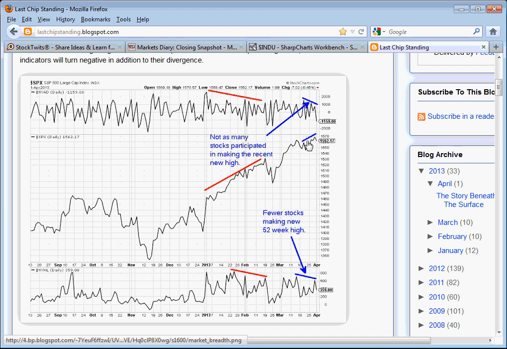That's making a new high. The advance decline is actually showing a contraction. The number of advancing issues over the number of declining issues is getting smaller and smaller, so you get this negative divergence here. And also the new 52-week high, the number of stocks that are making new 52-week highs is also getting smaller and smaller as this S&P 500 is moving higher. So you can see that kind of indicating some sort of negative divergence.